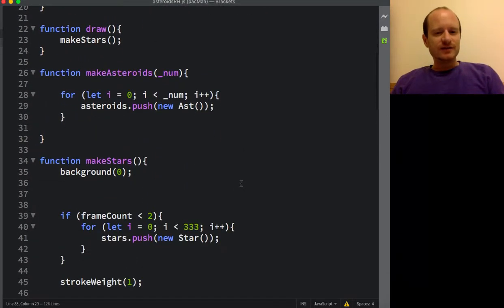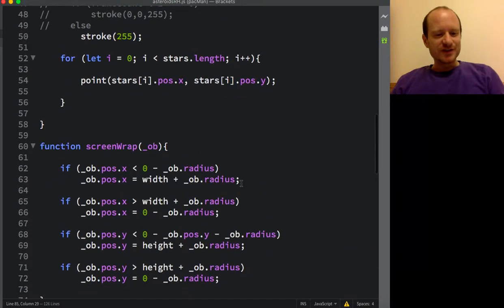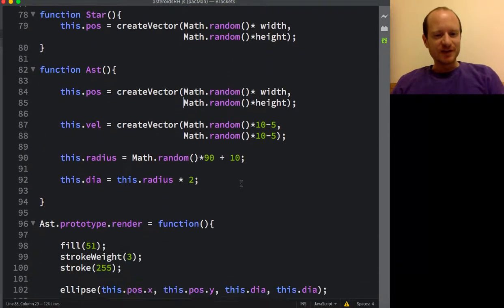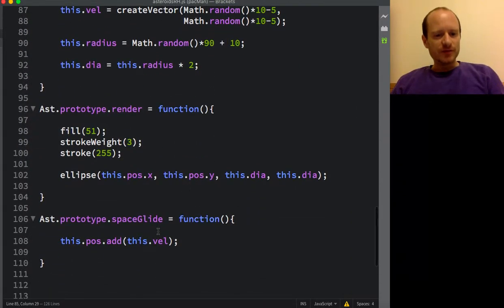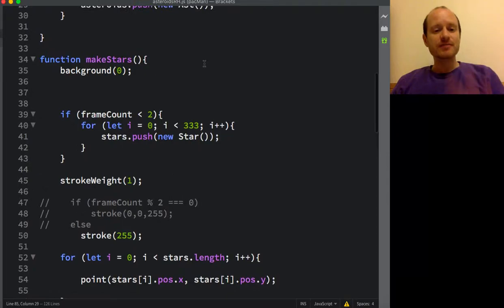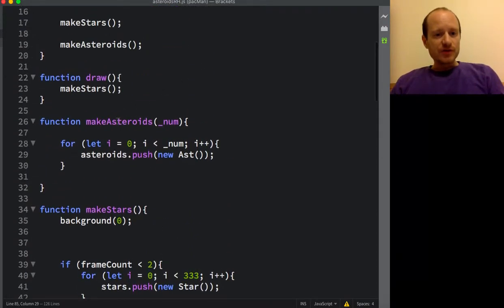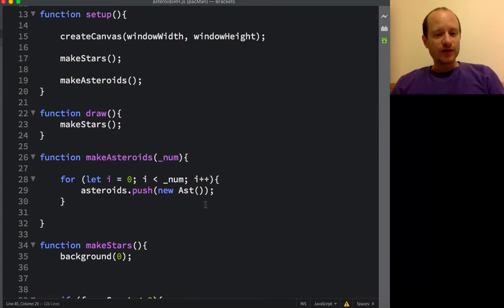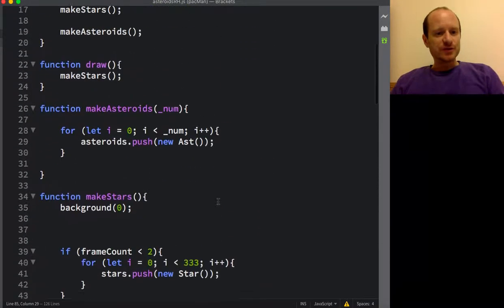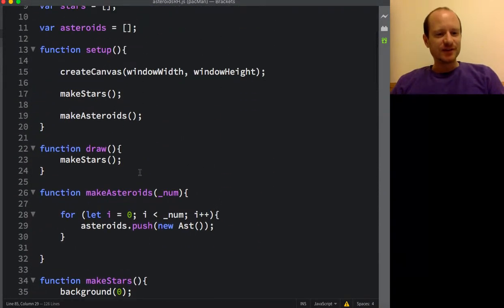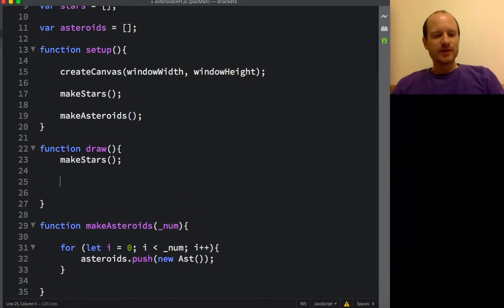Right. What have I done? I've just created some asteroids. I've given them a random position. Have they got a movement? Yes, we've got movement. Okay, you should be able to see them, they should be able to move, and they should screen wrap. I've just got a function called make asteroids, and I've just got to call this in the draw loop. So where's the draw loop? It should be up here underneath setup. So make the stars first, that will be the background. Then you want to